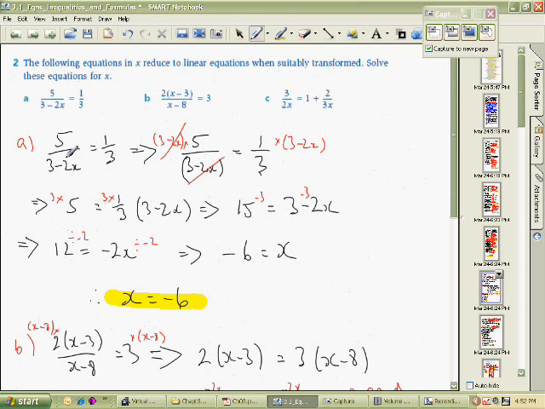When you've got something like this, there's actually two ways I could have approached this. I did it by multiplying both sides by this, and that removed it from here, put it over here, and then it became fairly simple. I could have used a reciprocal rule because of the fact that this is a fraction and that's a fraction. If you've got something like this,